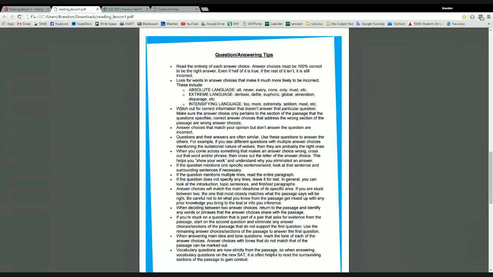The answer choices that match your opinion but don't answer the question are incorrect. So make sure to not bring your opinion to the test, and answer the questions solely on